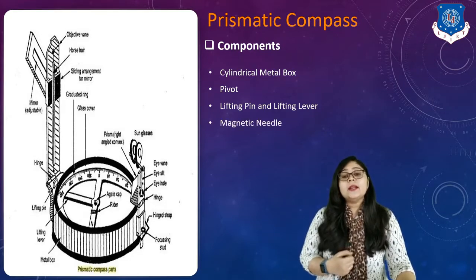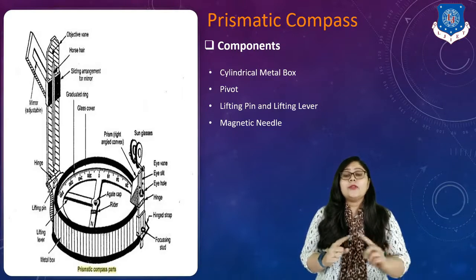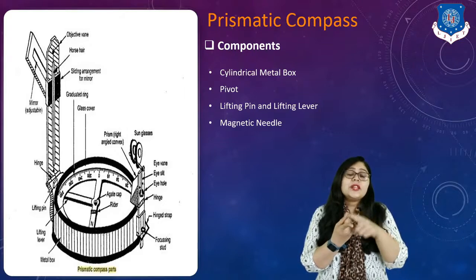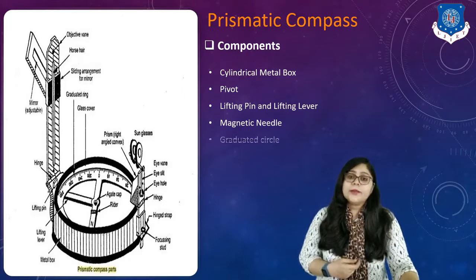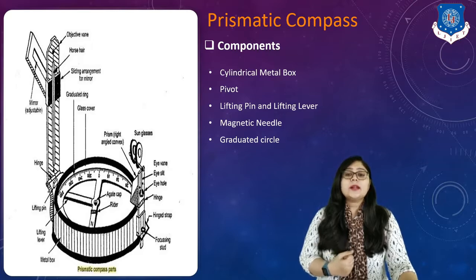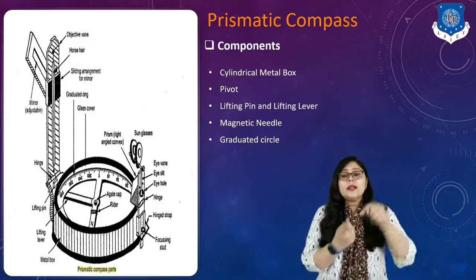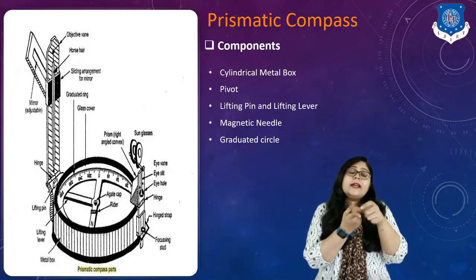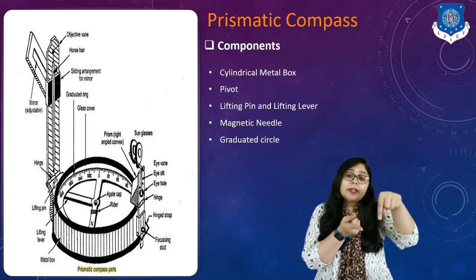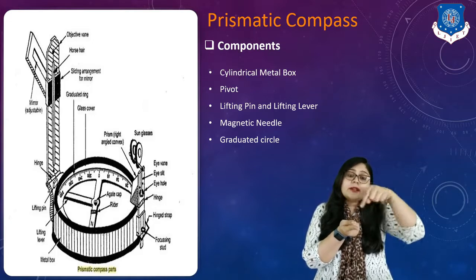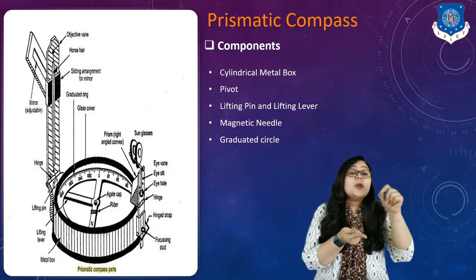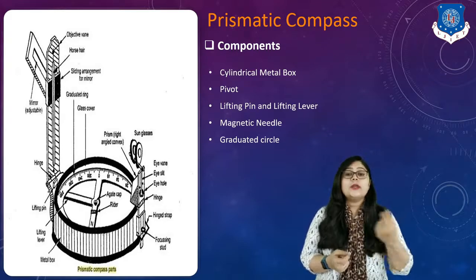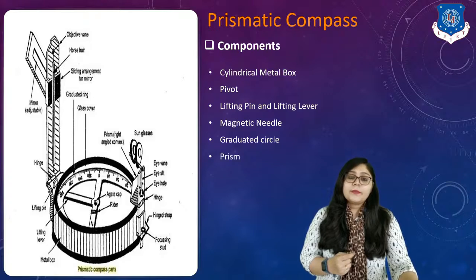Next is the magnetic needle, which is the most important part of our compass. It means the needle which gives us the angle with respect to some reference line, right? Next is the graduated circle. Here on screen you can see that in the center is a pivot point, and on that our needle is suspended, and that is connected to a circular ring. It means a circle on which graduations are marked. It means the angles are marked. That circle is known as the graduated circle, right?